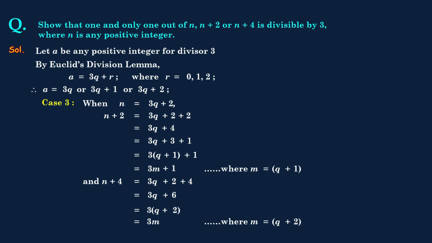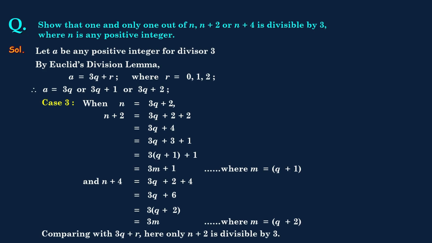Now we can clearly see that in this case, n is equal to 3q plus 2. That means 2 is the remainder, which indicates that n is not divisible by 3 because we have a remainder. For n plus 2, we have a remainder of 1 because it is 3m plus 1. So that means this is also not divisible by 3. Now for n plus 4, we got it as 3m, so that means it is completely divisible by 3. So in this case, n plus 4 is